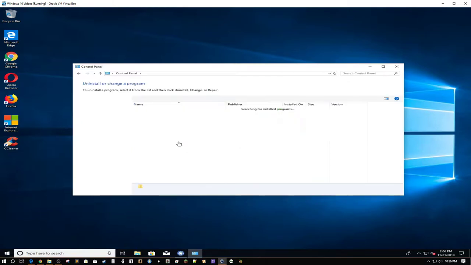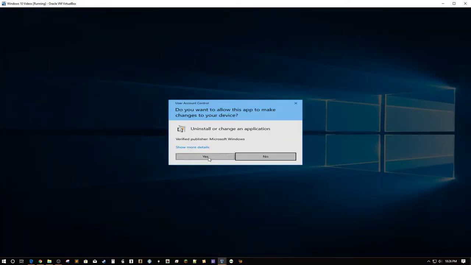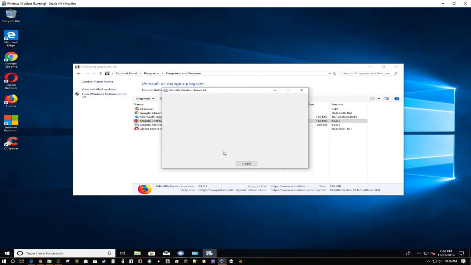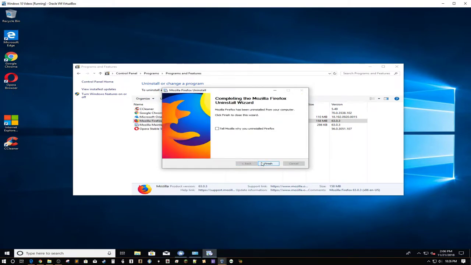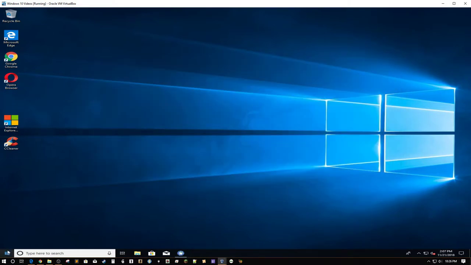So I'm going to then go to Uninstall a Program, and as you can see there's literally nothing installed on this. And I'm going to uninstall Firefox. So I'll just select uninstall. Yes. The uninstaller will run. And then, as soon as it's done, for some software it'll generally prompt you to restart your computer in order for the changes to take effect. Generally, that's not going to be the case with a browser or simple little programs such as Candy Crush Saga or the